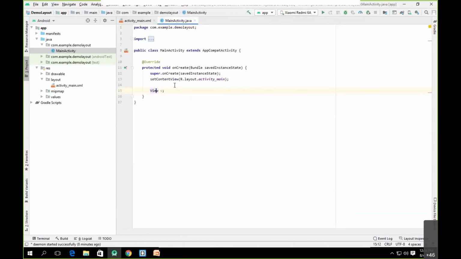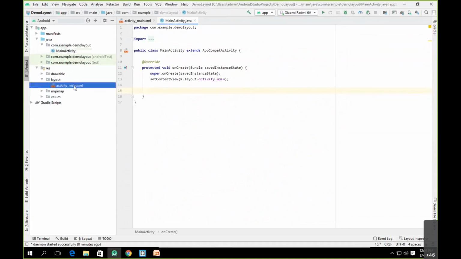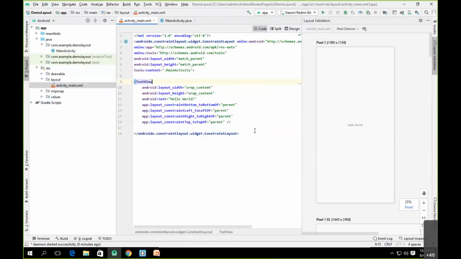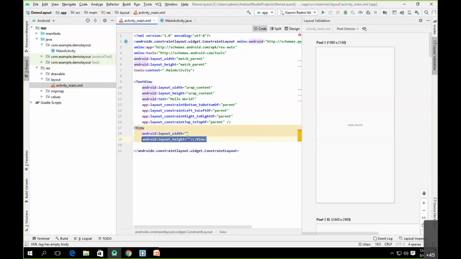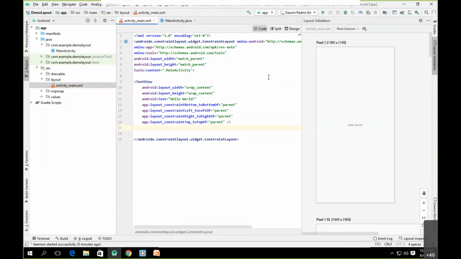So if you want to refer to the same view inside XML, you can go to the XML file and refer to it by using a tag. Simply I'll be calling it view. So always remember this. A single element will have two perspectives. One is the Java perspective, which represents a class, and another is the XML perspective, which represents the corresponding element.